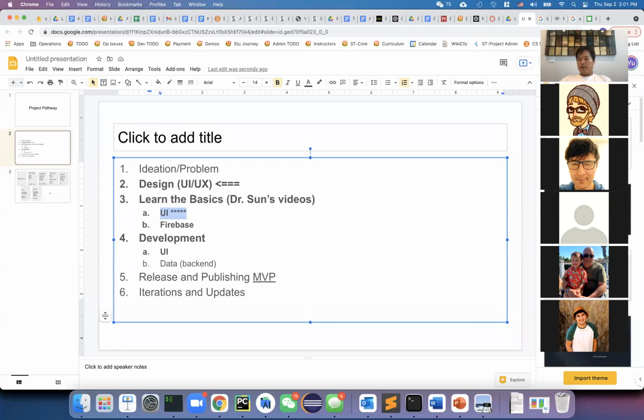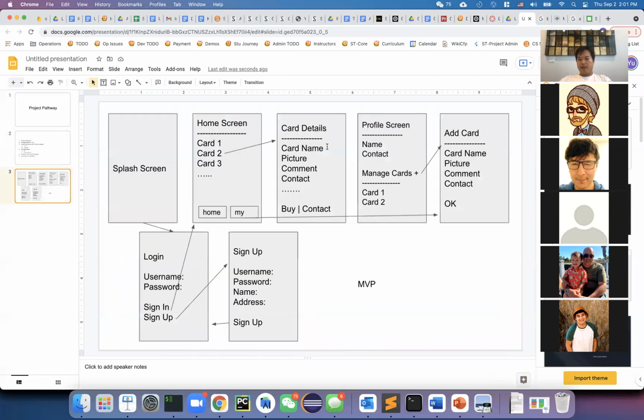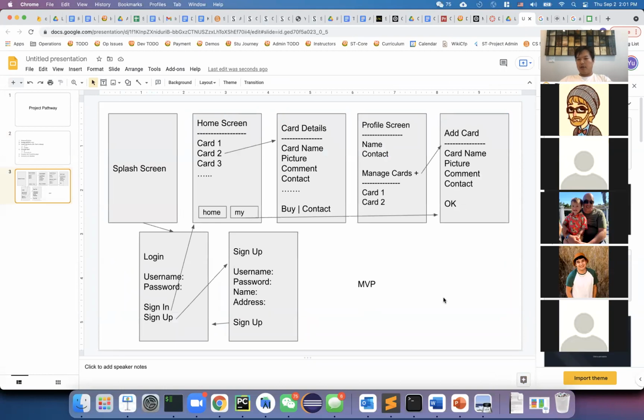Do the UI first. Okay, pretty much your goal would be, given any kind of typical UI design, you can code that by yourself. The style, the color might not be the best, but at least the layout and the UI widgets, you know how to do those using the code. All right, so that's a very important milestone.